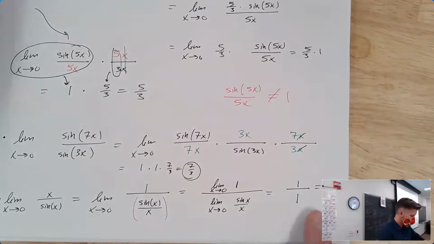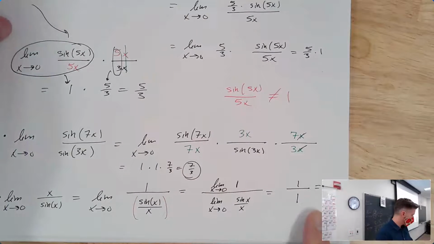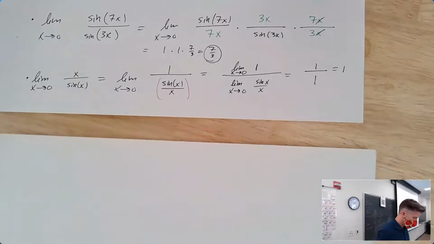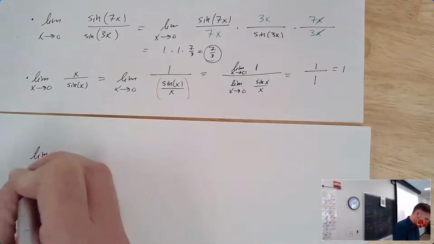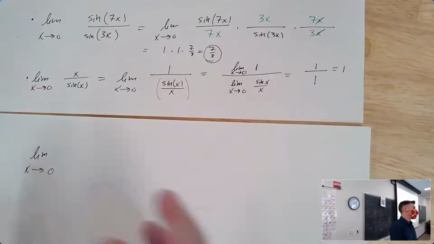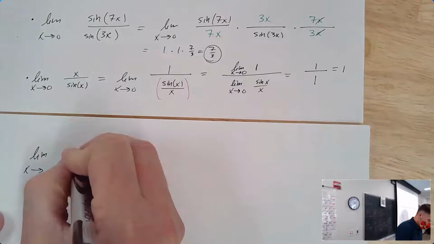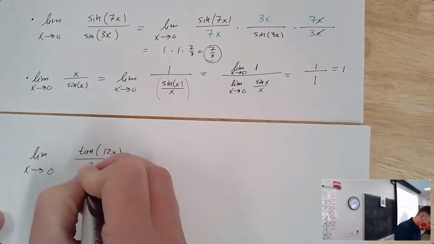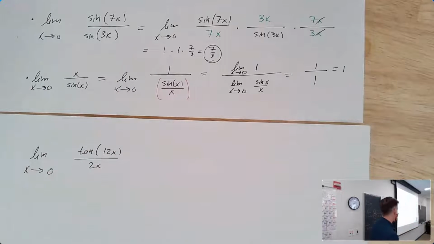Okay. Let's do a couple more. Let's talk about tangents. So how about the limit as x goes to, it's almost always 0 for these sine and tangent ones, of tangent of 12x over 2x. So tangent's special, but you just have to know one thing about tangent. The tangent of x is equal to sine of x divided by cosine of x. So I'm going to rewrite tangent of